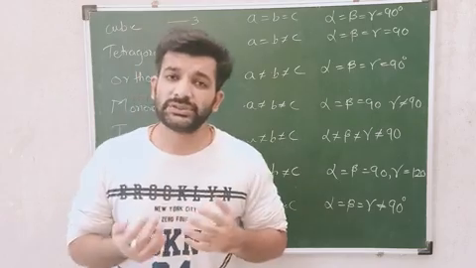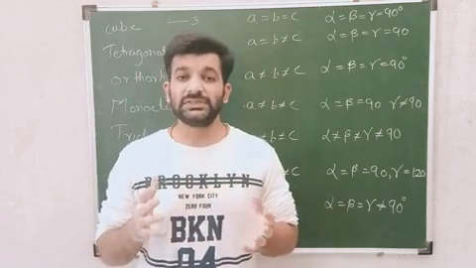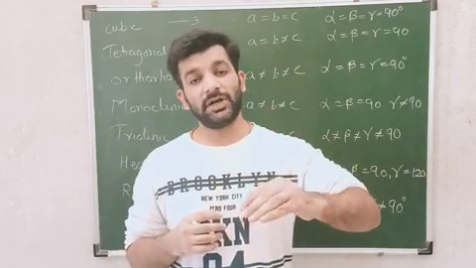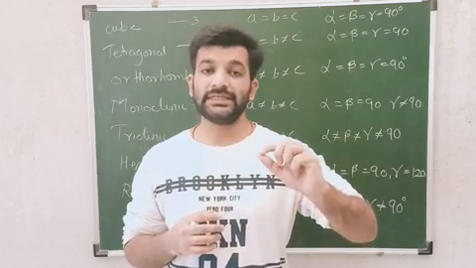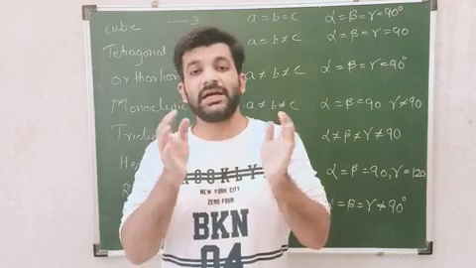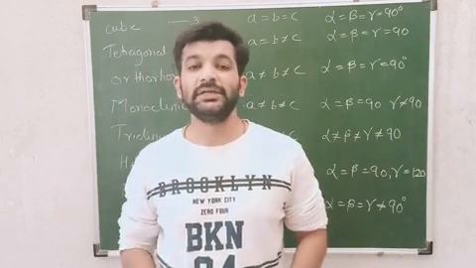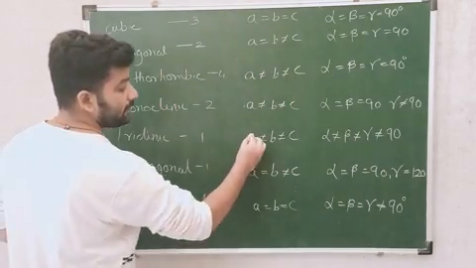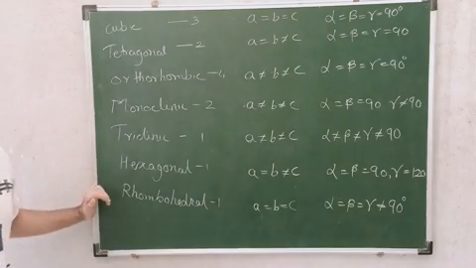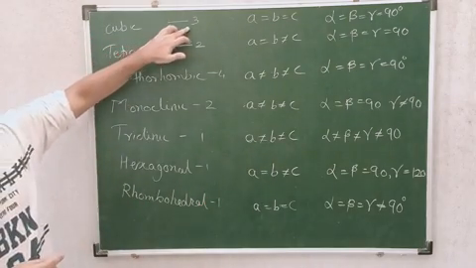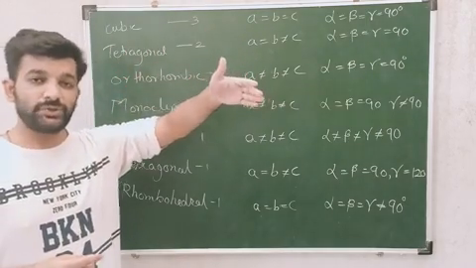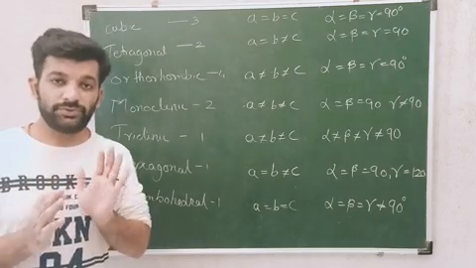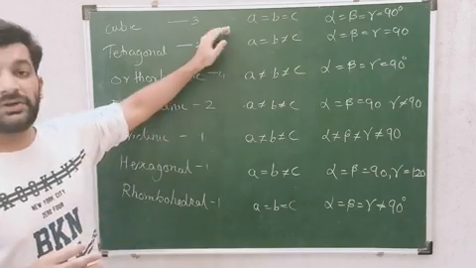So today we are going to see the types of unit cells. As we know, our body is made of muscles. Muscles are made of small cells which are known as unit cells. These cells combine together to give us a complete structure. Similarly, we have here 7 different unit cells. These 7 unit cells are divided into their subparts, which we are going to see further. But these are what? 7 primitive unit cells, and then we will have its types.